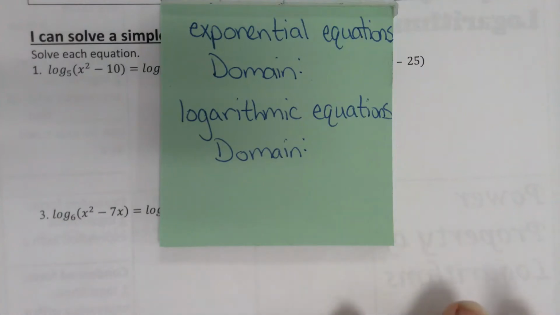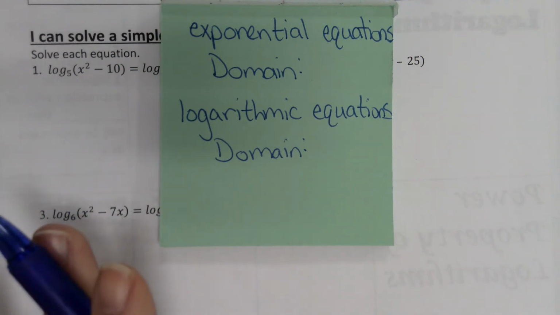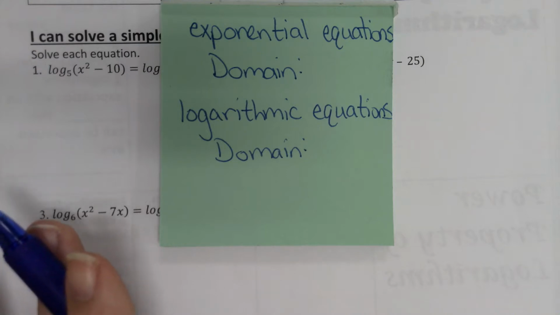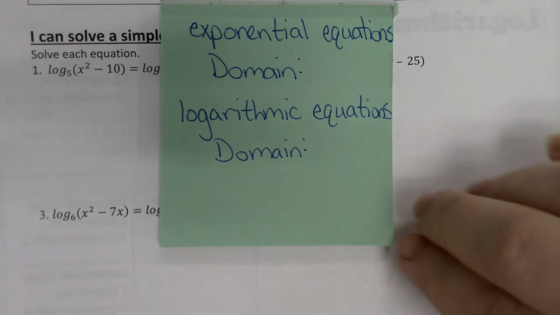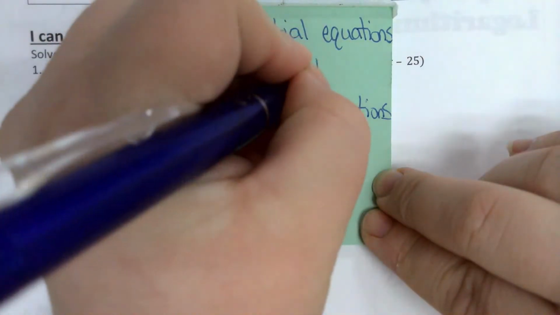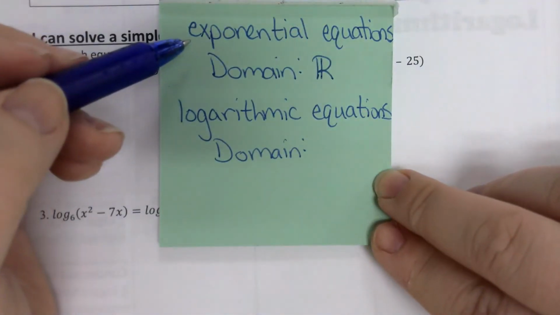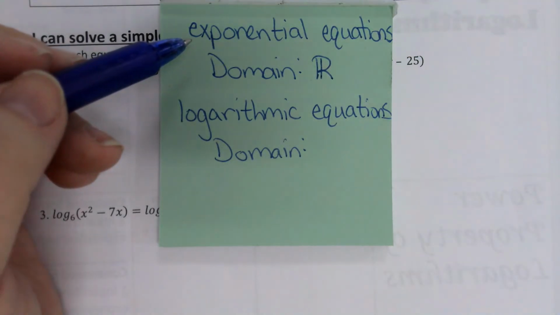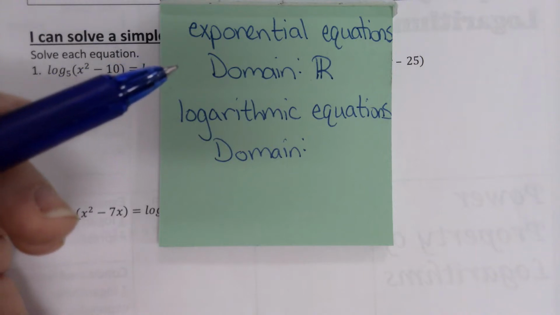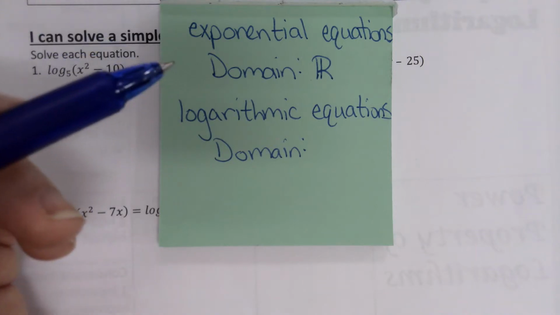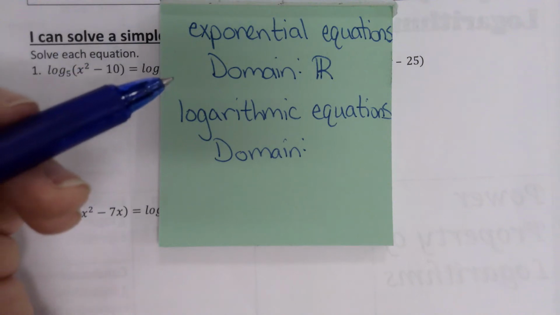So to solve a simple logarithm equation, either with or without factoring, we need to first identify some important information about solving logarithmic equations. If we go back to when we talked about graphing exponential equations and logarithmic equations, our domain for our exponential equations was all real numbers. This is why when we went to solve an exponential equation, we had no extraneous solutions. We could just solve and we didn't have to check for any extraneous solutions and excluded values because any number